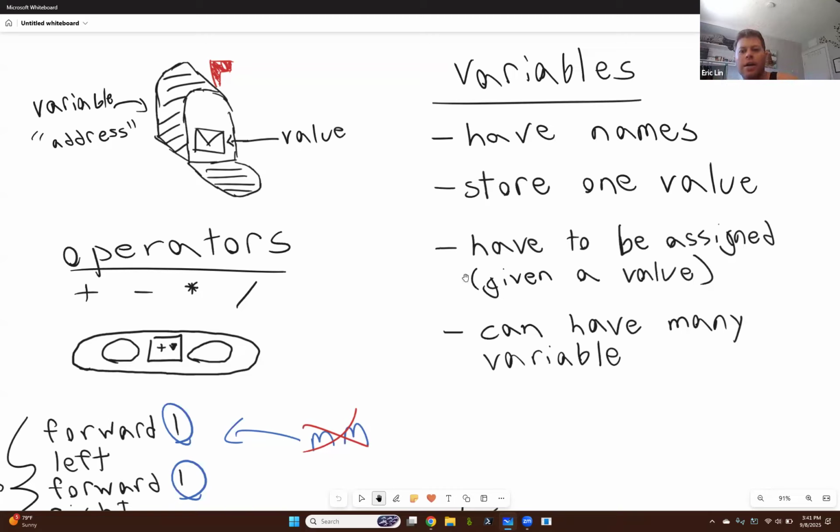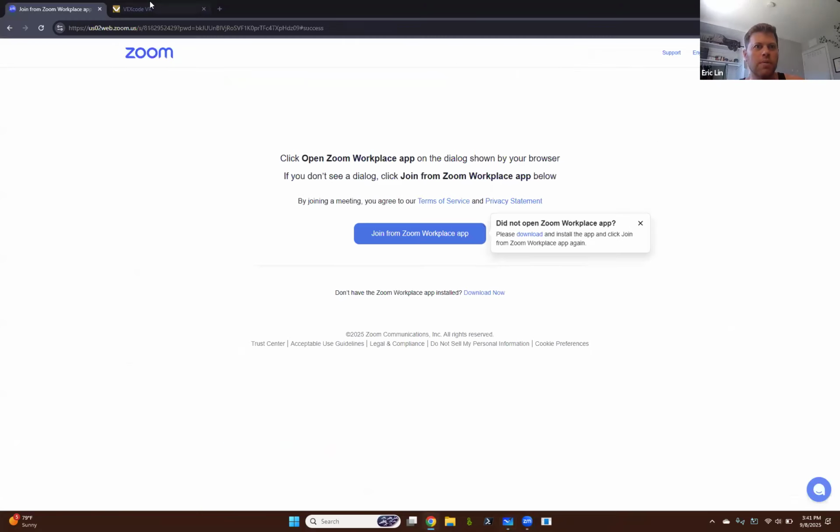And then I also said can have many variable, which is not English, but I think you get the idea. You can have more than one variable in your code. You can have, I don't know, sky's the limit, really, but probably not using all too many. I've used several variables at once in certain code, but you can realistically use as many as you need. So going over to VexVR,